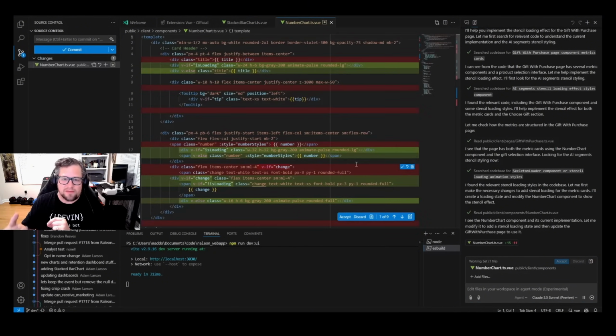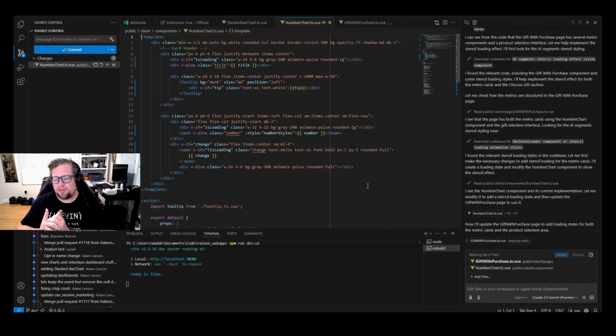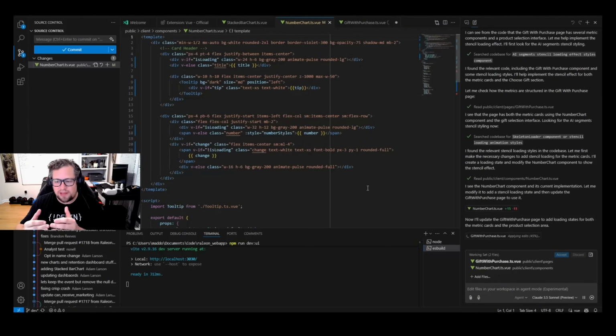I would have been totally fine if it just changed it in my gift with purchase piece, but it makes way more sense. I would have wanted to set it up in the number chart. And so now it ends up setting it up. Now it's setting up a bunch of loading states. So what it does is it adds booleans, like is loading products, is loading